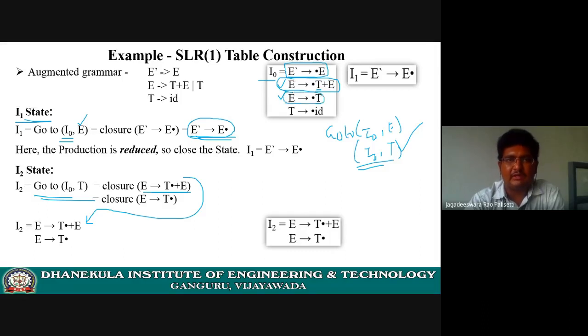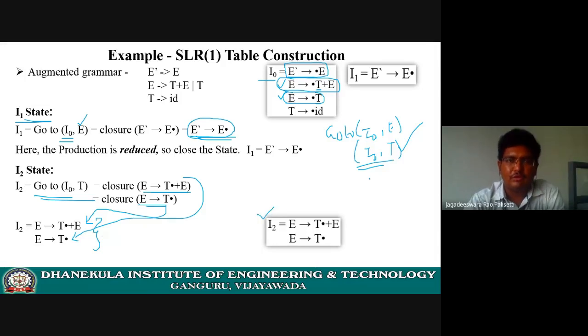Clear? Second one, this one. Here also after the dot I have T. So for this also I need to perform the goto function. If you perform goto, this is the thing we get. After that there is nothing, so directly I can add this to I2. So these are the two item sets or production rules under the new state I2. Am I clear? So I get I2.